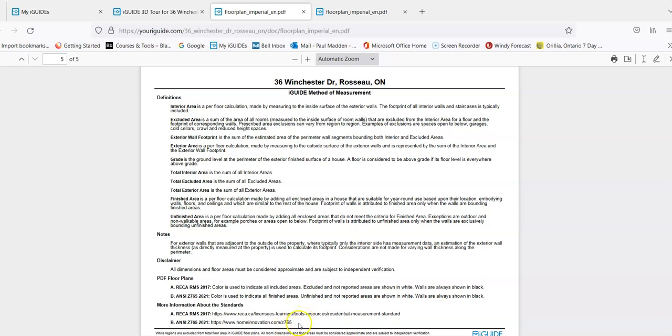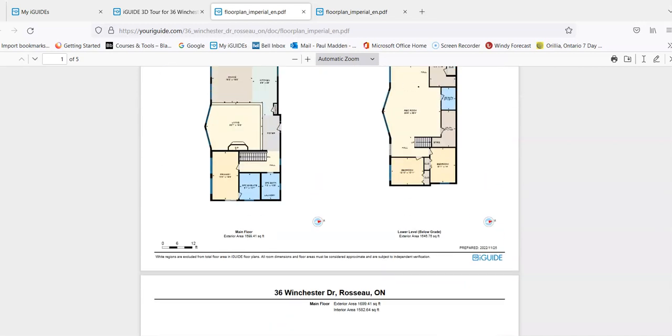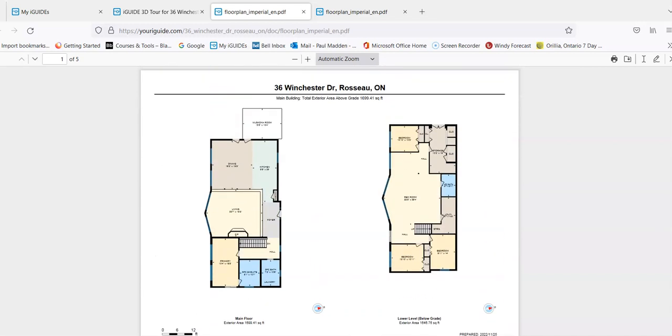So we follow that standard. We're also compliant with the American National Standards Institute standard for property measurements in the US. And you can also check out the details of that in this particular link right here. So the iGuide system does follow some recognized standards,